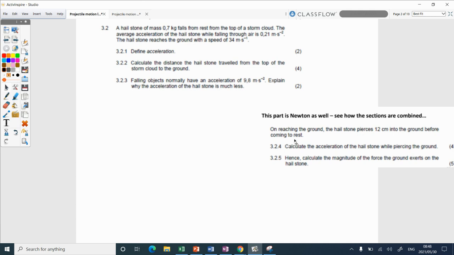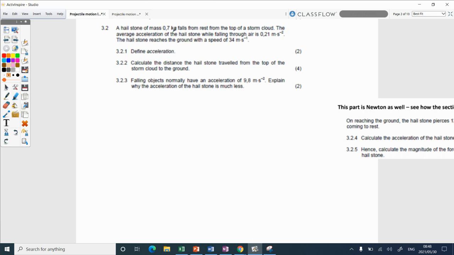Okay. So it does happen, and you will see once you've done all the mechanics, all the motion stuff, if you look at IEB past papers, question 3, for instance, could have momentum, Newton, kinematics, vectors, all in one question. They're not going to tell you this is a vector question, this is a Newton question. So the sections are all combined for mechanics. And that is probably what happened. So he uses a question that's on kinematics, but something about Newton slips in. So that's probably what happened there.